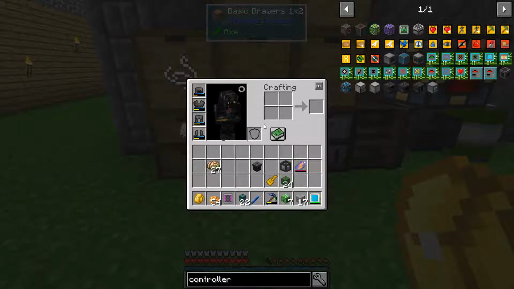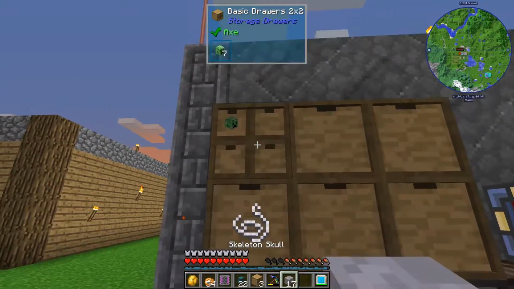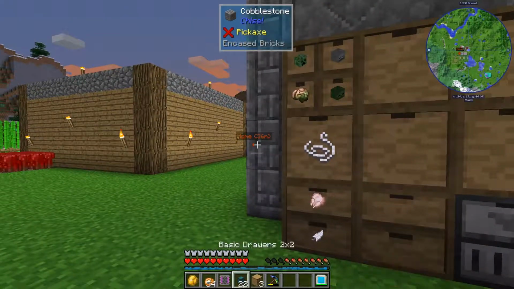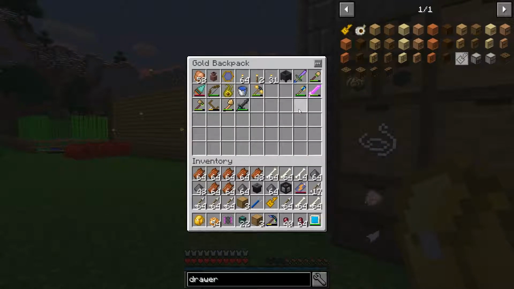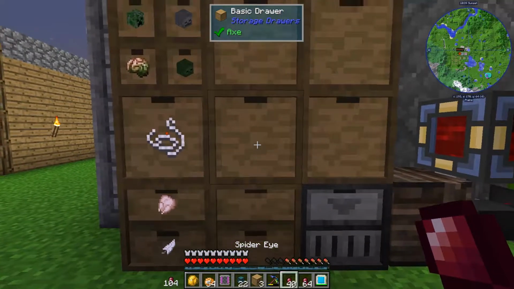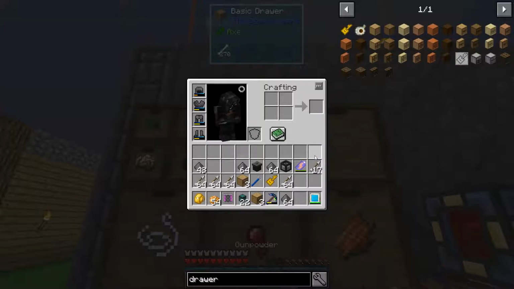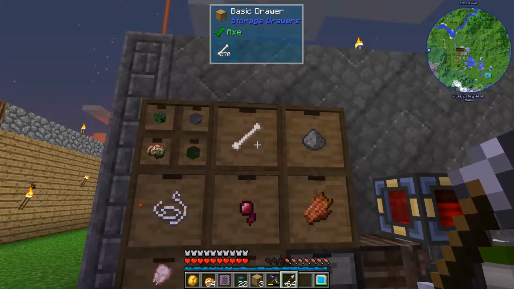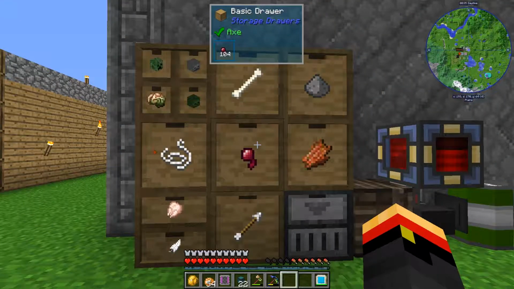So let's see here. I thought I had another 2x2. Alright, so I'm going to want a drawer that has creeper heads, skeleton heads, and zombie brains. We're going to want one for spider eyes, bones, arrows, gunpowder, rotten flesh. Spider eyes, rotten flesh, bones, gunpowder, and arrows should have been one of the drawers. I swear I thought I planned this out. Alright, there we go. So there is a drawer system for most of the stuff that we're going to get